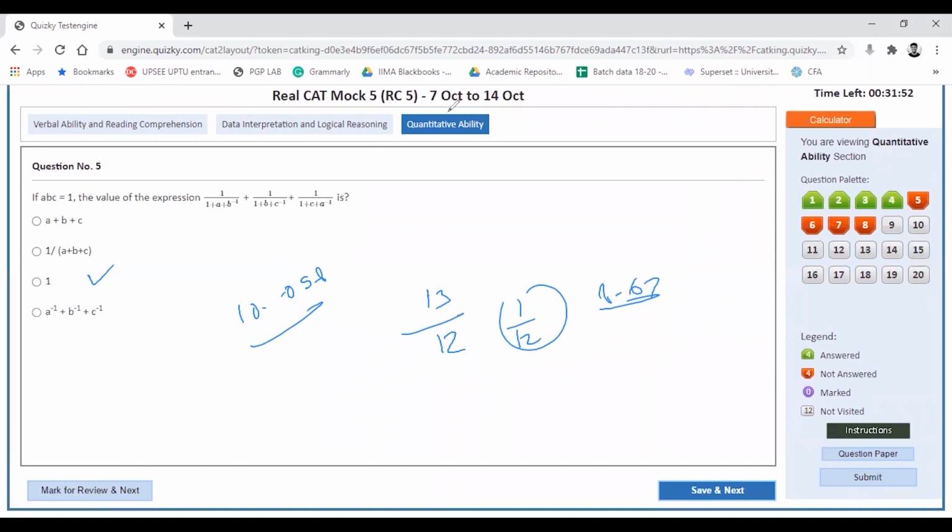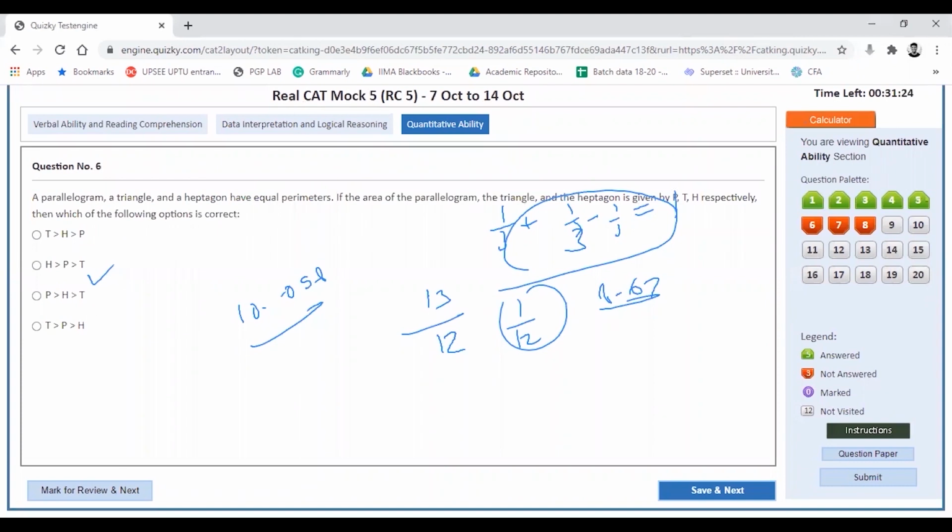Okay, I need to compute the value of this expression, where a b c is equal to 1. Let me simply take a is equal to b is equal to c. That would give me 1 by 3, since 1 to the power minus 1 is 3. 1 by 3 plus 1 by 3, that simply gives me 1. It really becomes really easy if you compute the values using some numerical value instead of going to the expressions. So this gives me the answer as 1.